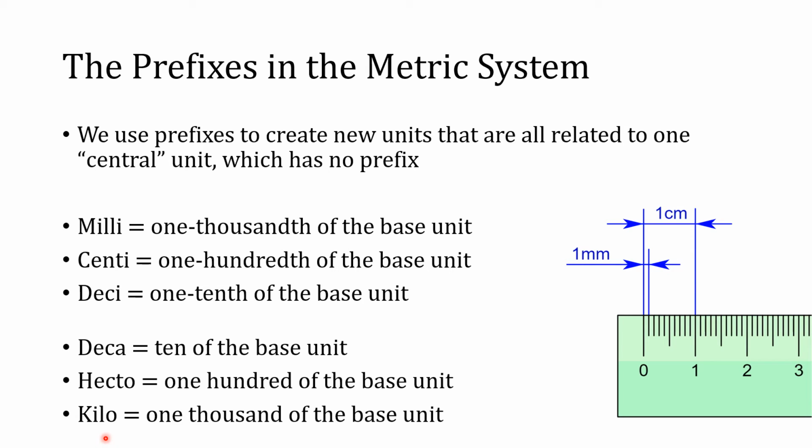So we start with the meter, and then for some things it's more useful to have a smaller unit of measurement, so we need to invent smaller units. And for other things it's useful to have bigger units of measurement, so we could invent bigger units as well. So the idea is to create smaller and larger units. Basically, we just tack on one of these collections of letters, one of these prefixes, before the name of the base unit. So with our base unit being the meter for lengths and distances,